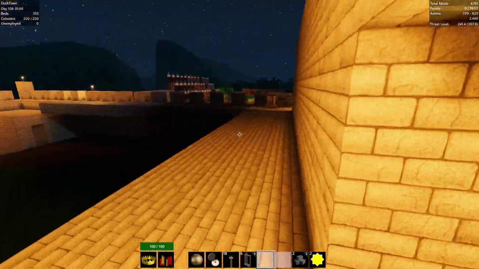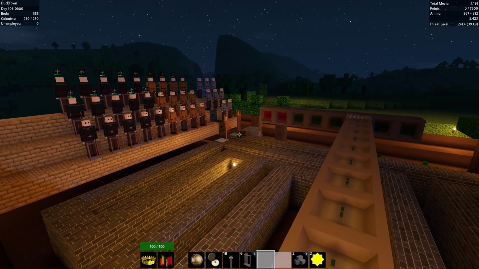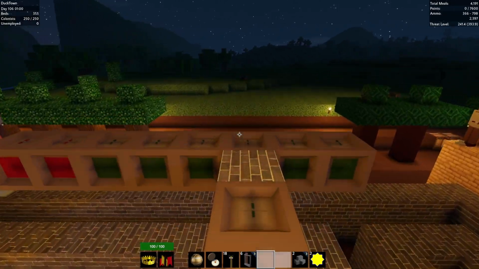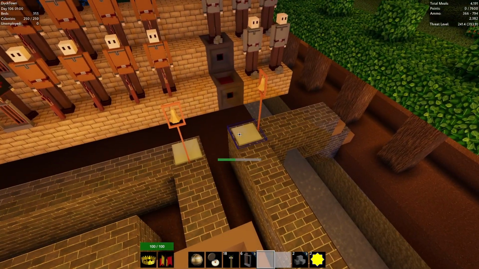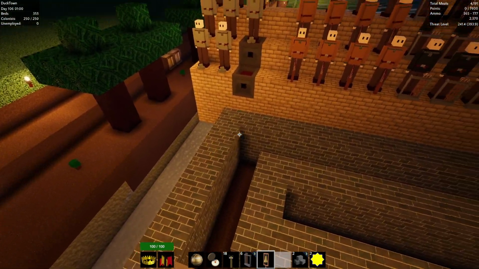All right, the first one made it through. I mean, he just got to the bell. All right, I like that. That works. That is good. So now we know that every once in a while, with the current threat level, they're going to make it up here. I'm now going to go and put you...